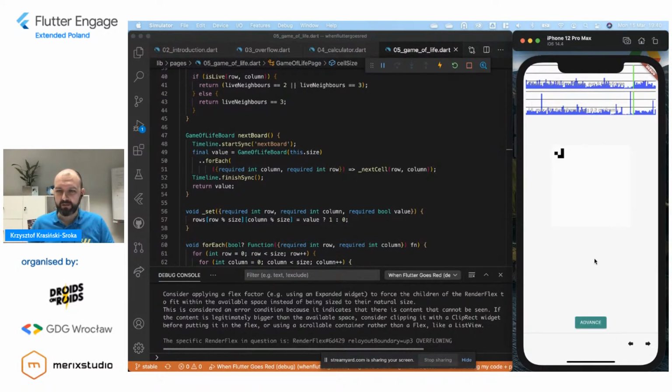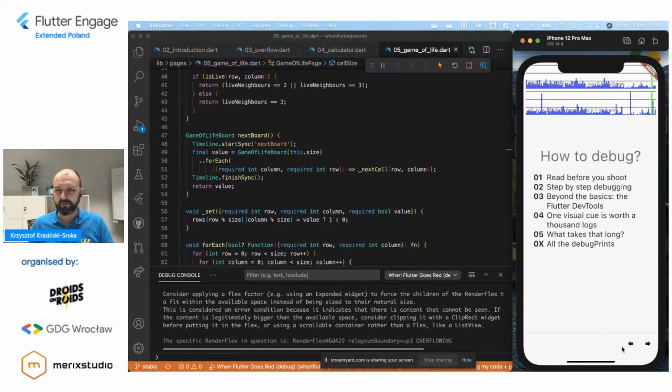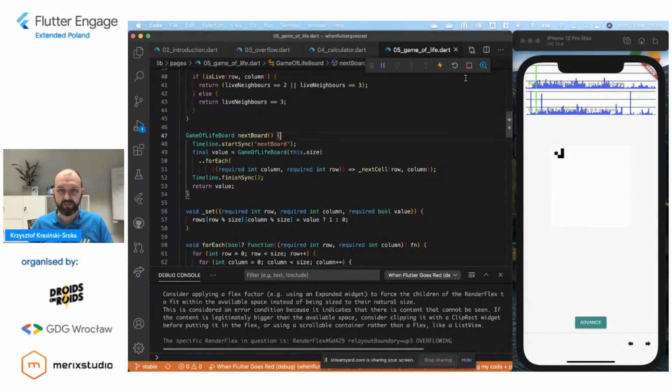Okay, right. So I'm going to show you two more things. I'm going to show you now the most advanced thing that a Flutter developer can do: go into the DevTools.